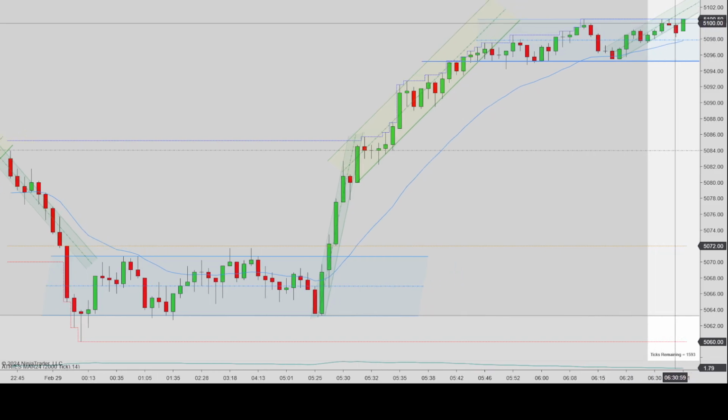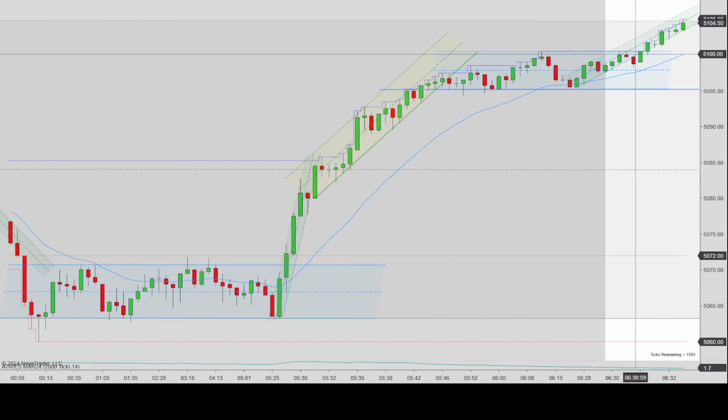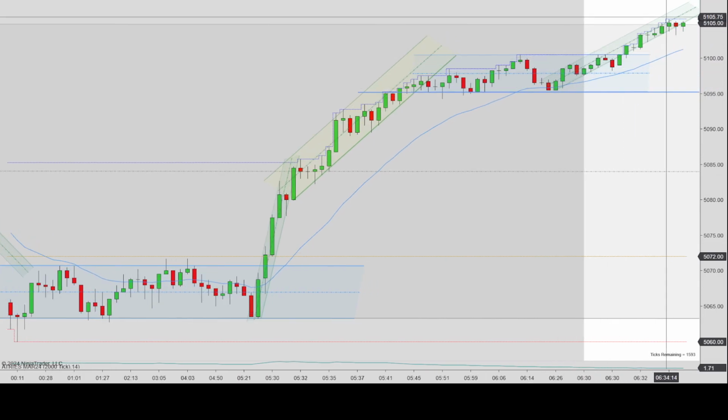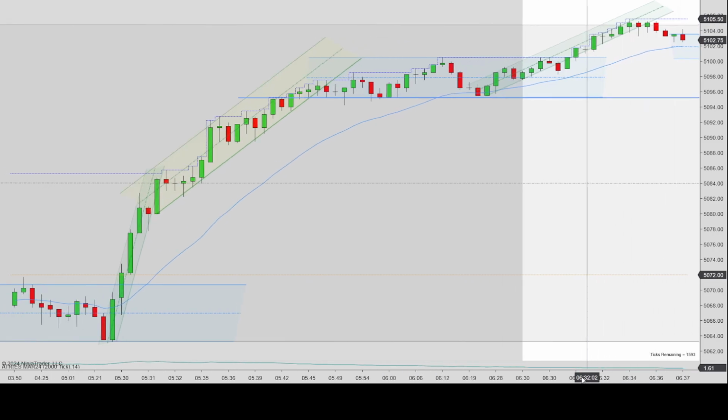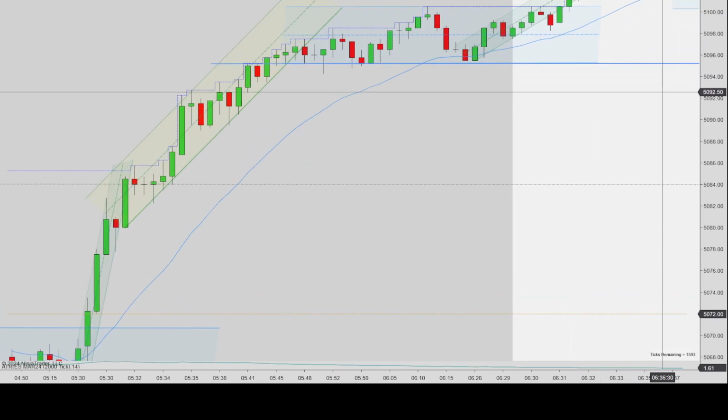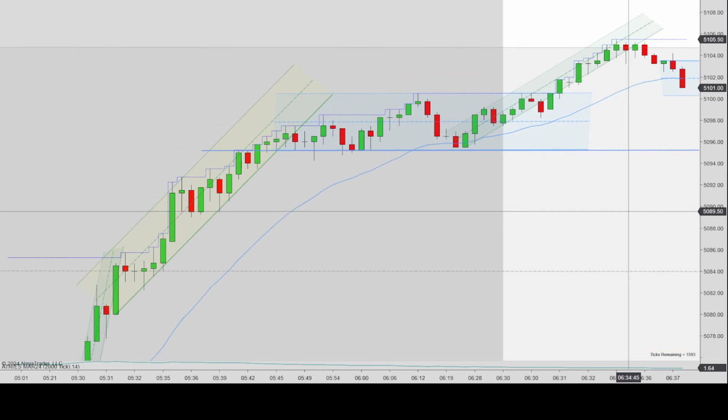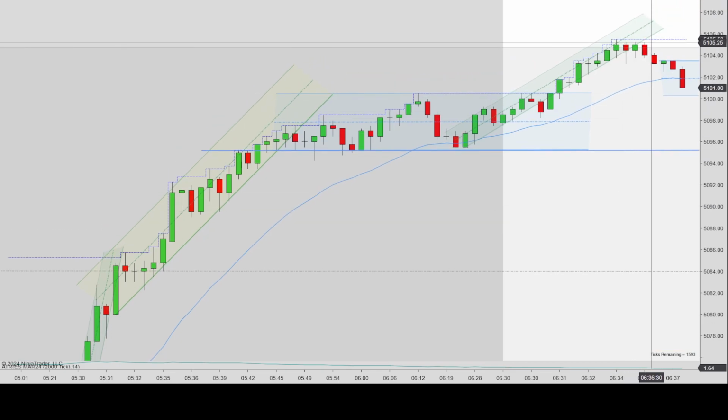It looked like it would have worked for maybe a quick scalp, and prices continue moving up. It's really tight trading right here. It moves up in this channel and has trouble breaking through this consolidation. These are just really small candles up here. I don't really like looking for second entries on something like this because it just feels very tight right now.